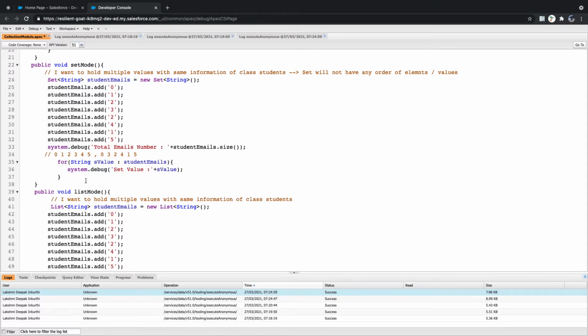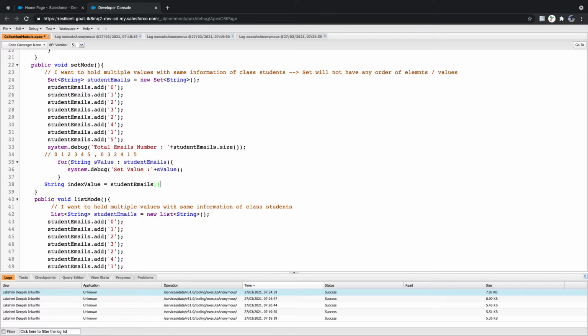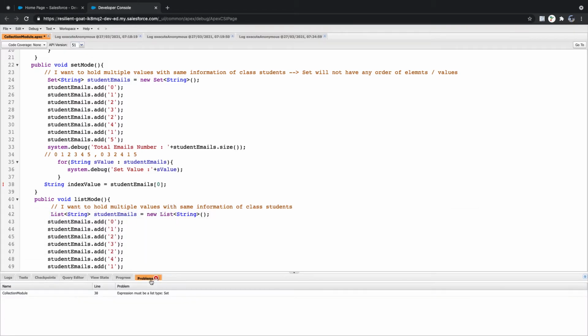Let's talk about the other one. If it is an array and I try to access something, let's say a string index value equal to, can I use an index like 0? What will be the output for 0? But actually a set doesn't allow that. What it is saying is: expression must be a list type, not a set type.